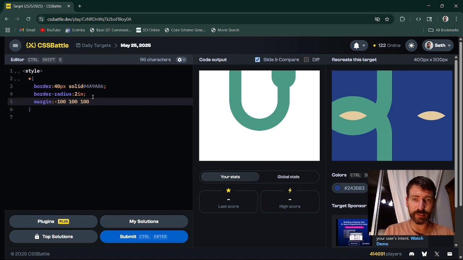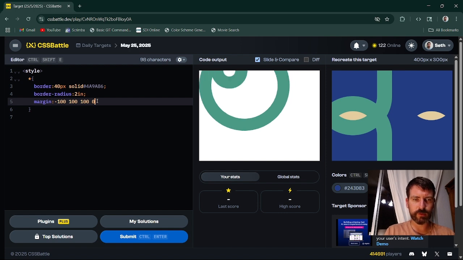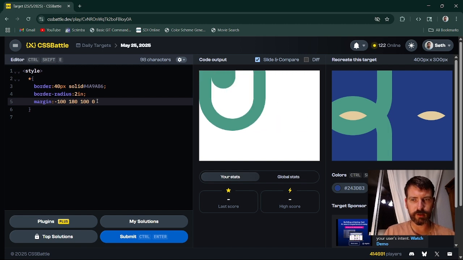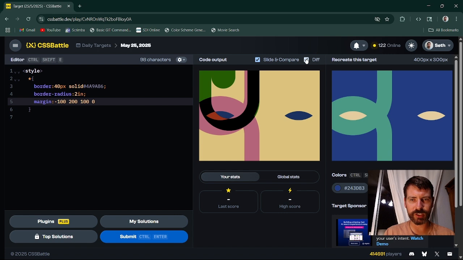I think the body will see how it's shrunk down into just this blob because it doesn't have room to expand. So we'll have to figure out how to, and then 0 on that. And we're gonna move this much more. 180. Oh, see, it's already looking decent. I'll do a negative margin. We're almost there. Woo! All right, we got to do